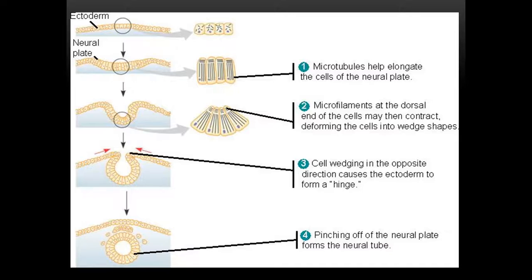On the cellular perspective, we can describe the process of neurulation as actually starting with some changes in the morphology of the cells that are targeted by our inductive signal coming from the chorda mesoderm, coming from the notochord. These cells manifest a change in their shape. So we know that